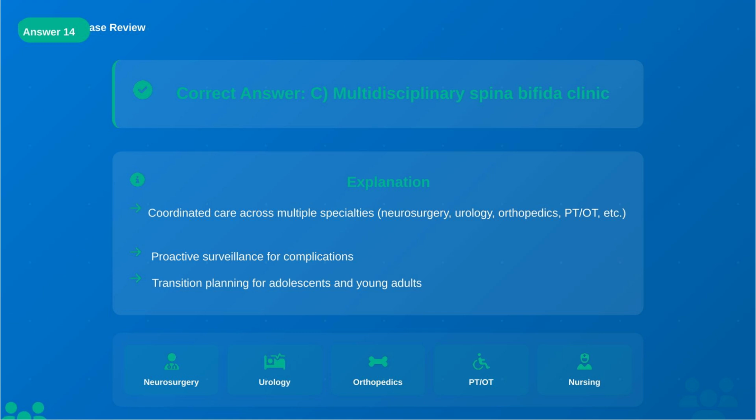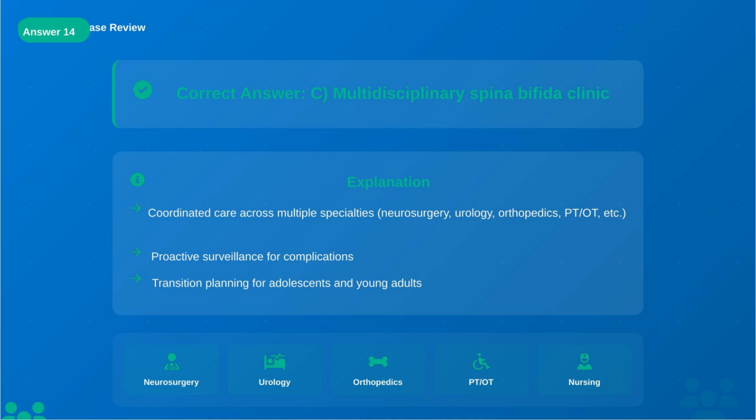Multidisciplinary spina bifida clinic. Children with spina bifida have complex, multi-system needs that are best addressed through coordinated care in a multidisciplinary setting. These clinics typically include neurosurgery, urology, orthopedics, physical and occupational therapy, orthotics, developmental pediatrics, nursing, and social work. This model allows for proactive surveillance of potential complications, coordinated care plans, and reduced burden on families. As children approach adolescence, transition planning becomes important to ensure continued comprehensive care into adulthood with attention to independence, self-management,